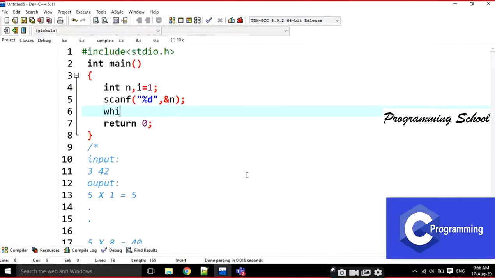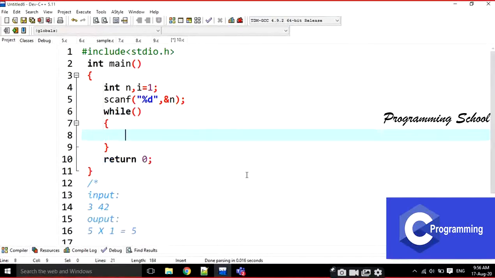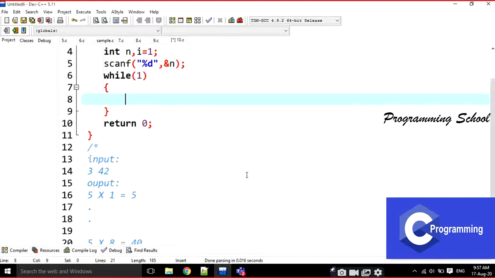I am going to use a while loop here. But I don't know the condition initially, where I have to stop. Okay, leave it. If I don't know the condition, I am going to take it as an infinite loop. While 1 means it is always treated as an infinite loop. Don't bother about what to write as the condition. No problem here. Okay, I am going to write an infinite loop.